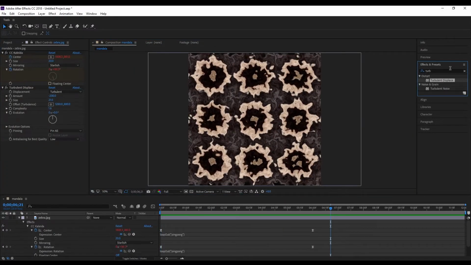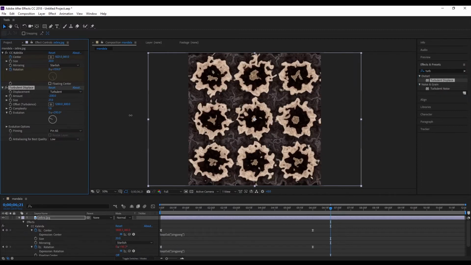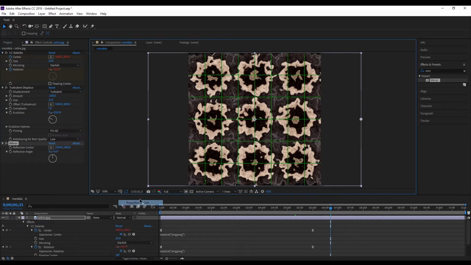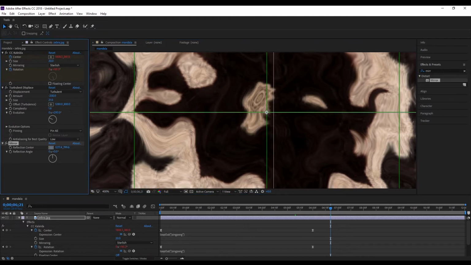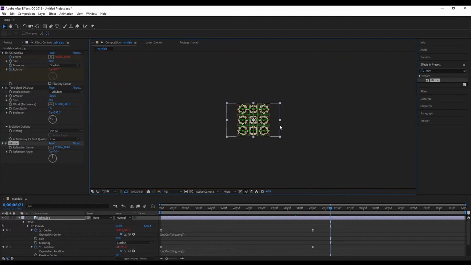The other thing I like to do then is, let's say this wasn't even. It's kind of all over the place. Okay. We'll go to mirror. Add a mirror on here. And make sure the center point is the center of the document. So come down to here. I just went down here on this menu right here and turned on proportion grid. Title action safe can also work. Click this crosshair and then click directly in the center of the document, and it's going to make it completely